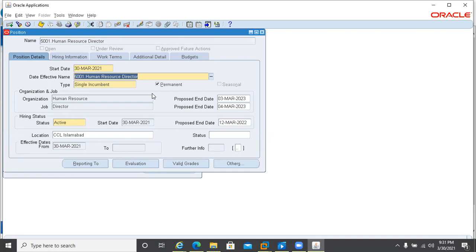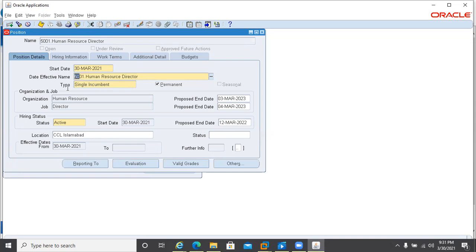You get my point? For example, you have 10 employees in your human resource department, and you have 3 directors in that department, and you want to create 3 different positions with different codes definitely.